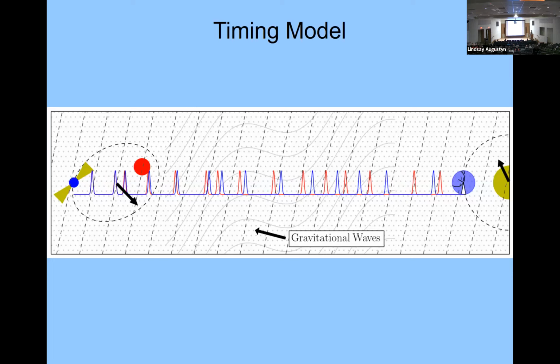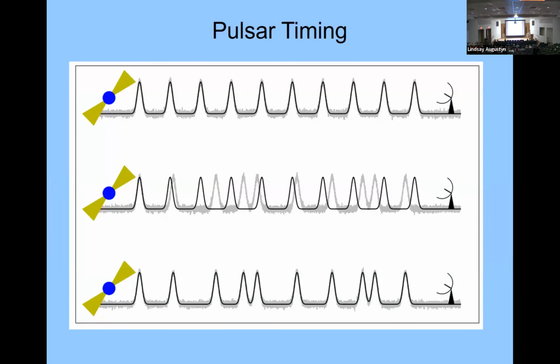But that's what science is. It's a whole bunch of very difficult experiments. If it was easy, it would have been done before. And the power of pulsar timing really comes in when we have a model, a predictive model that says we